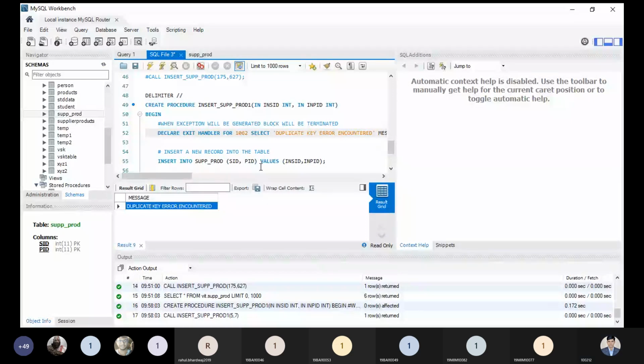So to prevent getting the error, first we need to check if the record is already available, or else why can we not handle it by the exception? So definitely declare action handler for statement, conditional value and statement. By this concept we can manage the exception. So now we have the point.